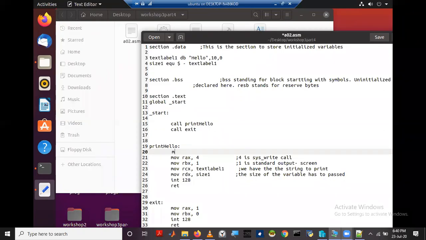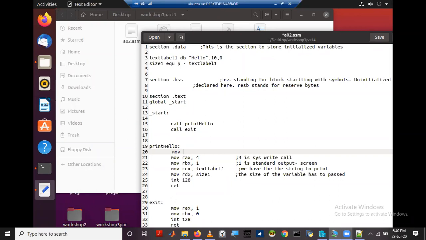If you refer to your NASM handout, you can see there are registers known as source index, destination index, stack pointer, base pointer, identified by RSI, RDI, RSP, RBP.